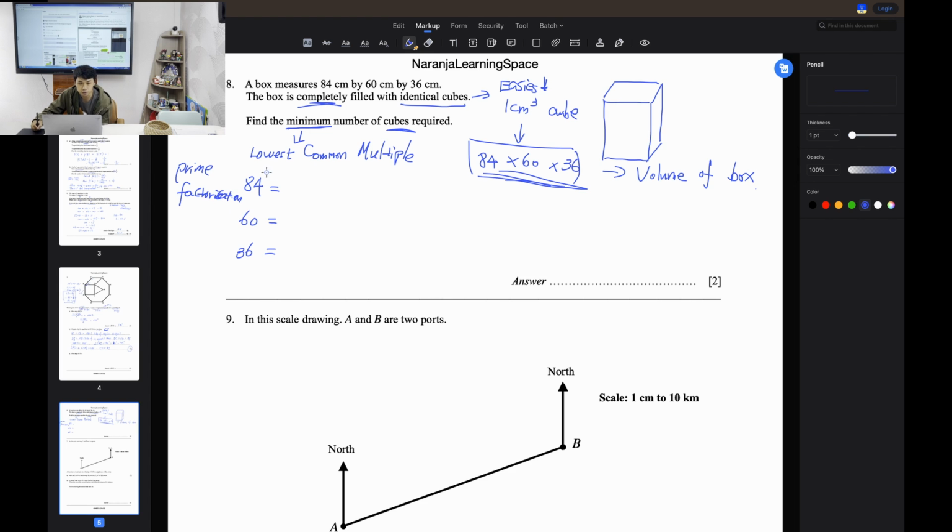Either S or Z should be fine. Okay, 84 equals, let's see, 84 divided by 2, divided by 2,